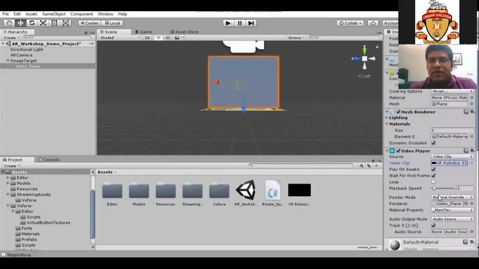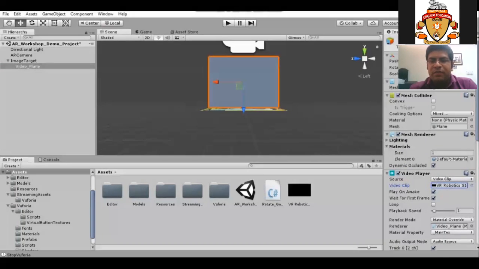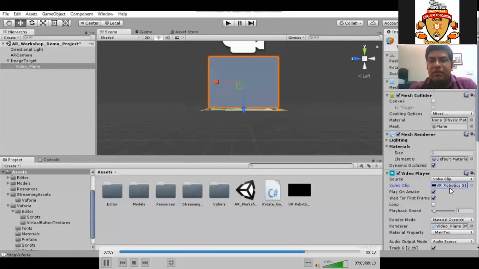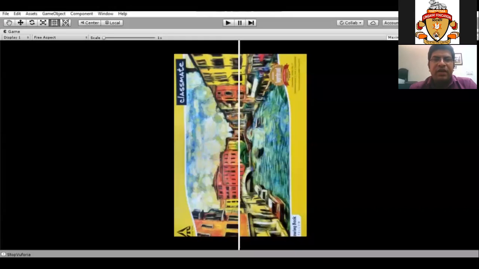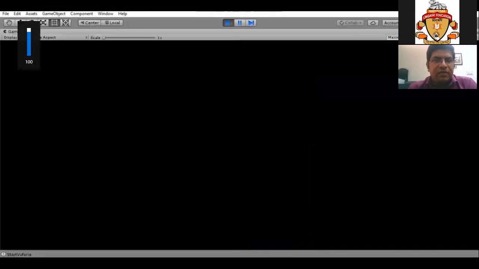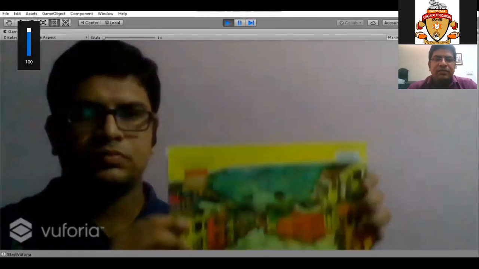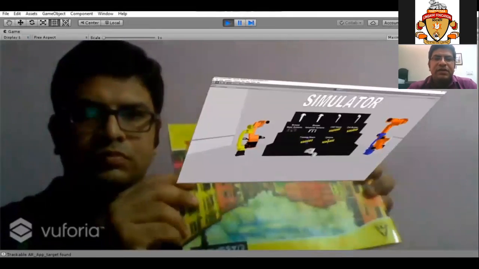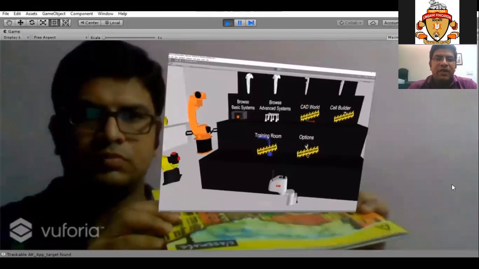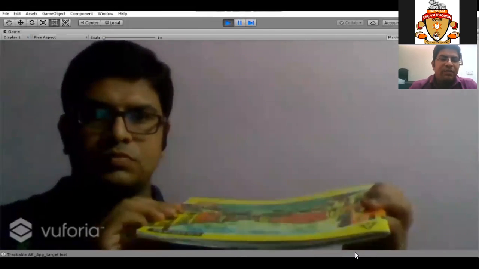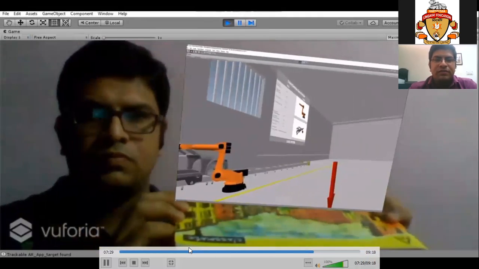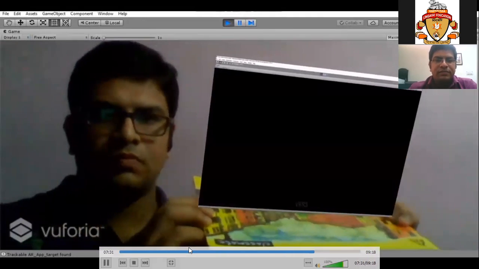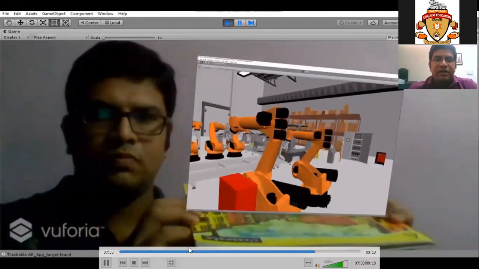It is showing as video player, as video clip, so I will select the video clip. Whenever the testing is done, we will see now, whenever the marker is detected, perpendicular to it the plane is shown. The video is getting played.